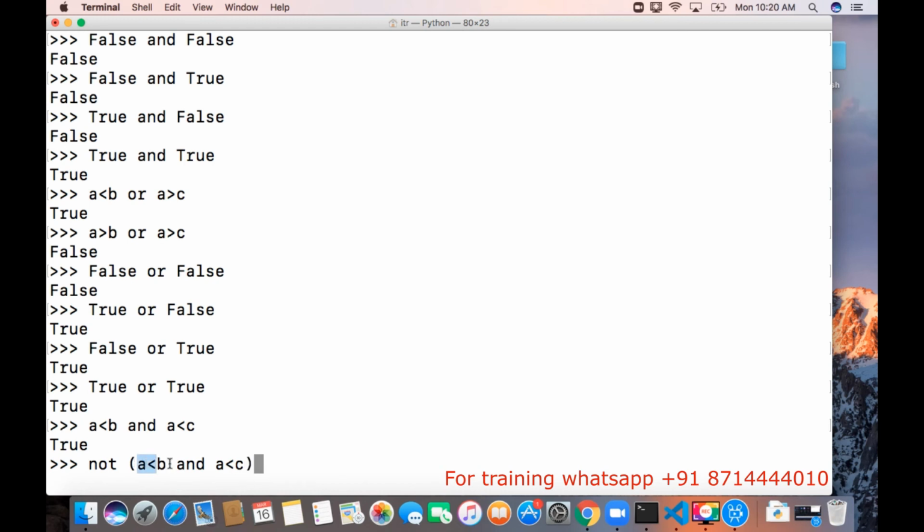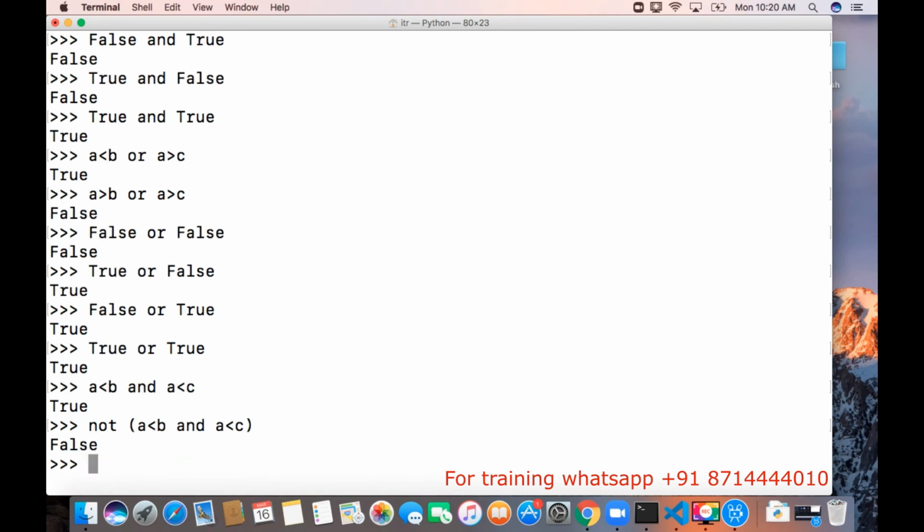Here this particular expression gets evaluated, that either becomes true or false. Not will negate that particular thing. So in this case we will get true. Okay, so I'm converting that to false. So earlier we got true, right? Now it is false. Okay, if this is false, then not will negate that to true.